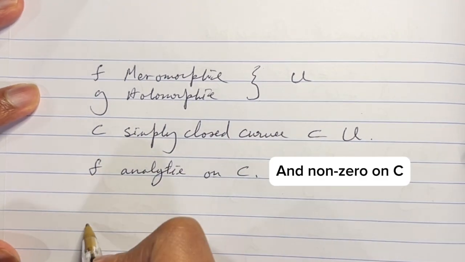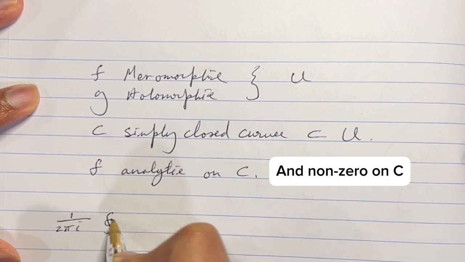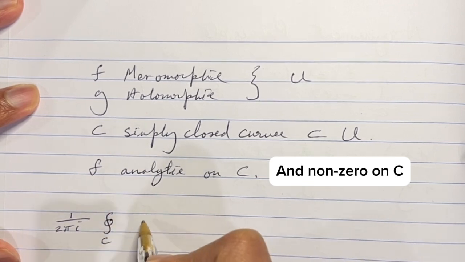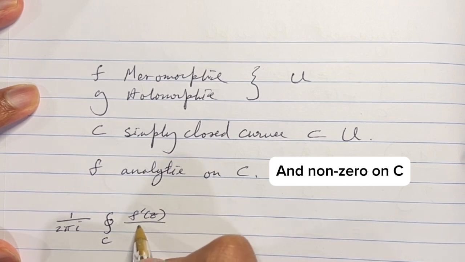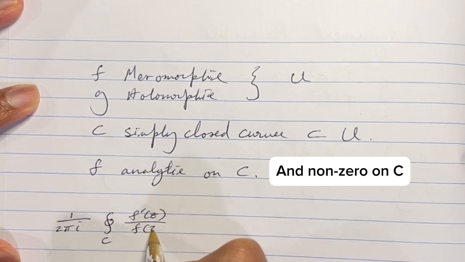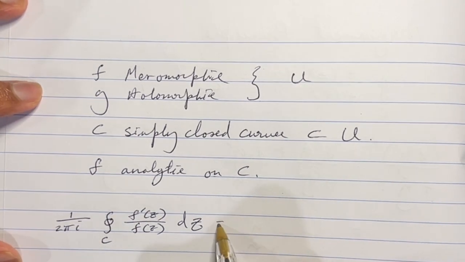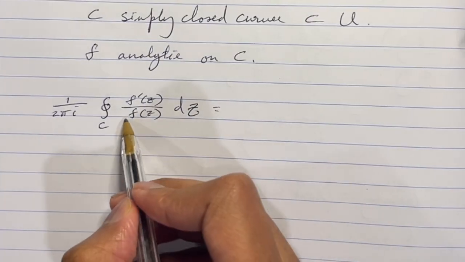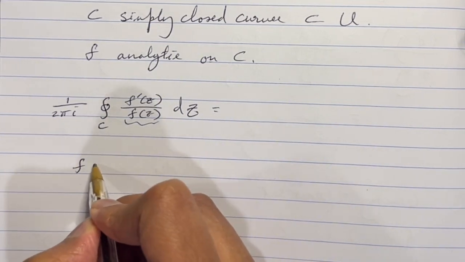Something I forgot to mention before is that we want f to be non-zero on C, because we're integrating f prime over f, and if f was 0 we would have an indefinite integral. So sorry about that, hope that makes sense. Okay, so first of all we want to write this in a different way, and we notice that f is